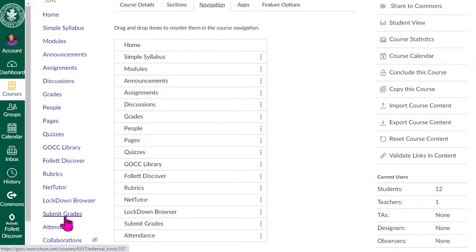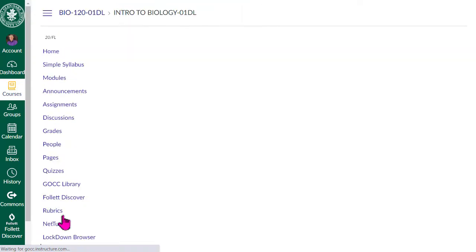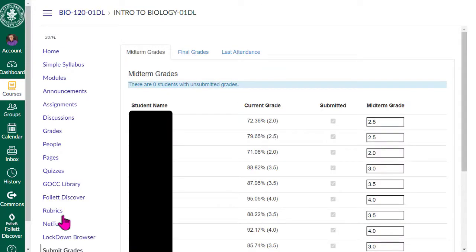Okay, so I'm going to go ahead and click on submit grades, and you should see something like this. Right now, this is midterm grades, and all of my students' names are over here, but you can't see them. I need to click on final grades,